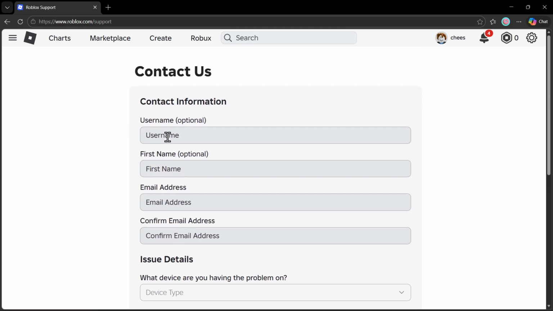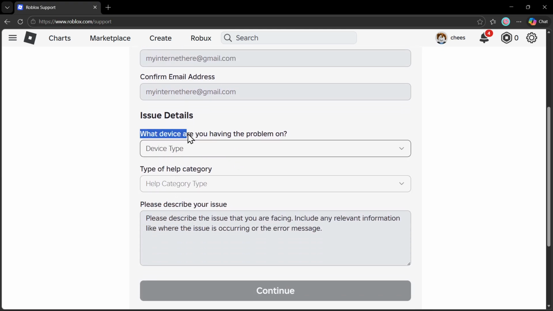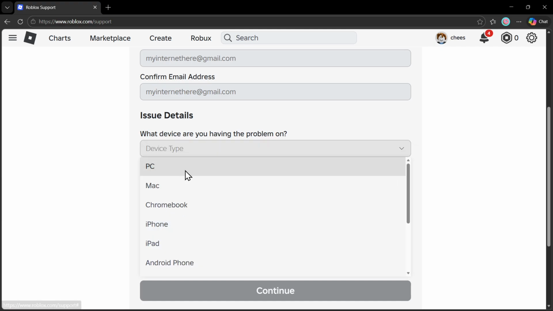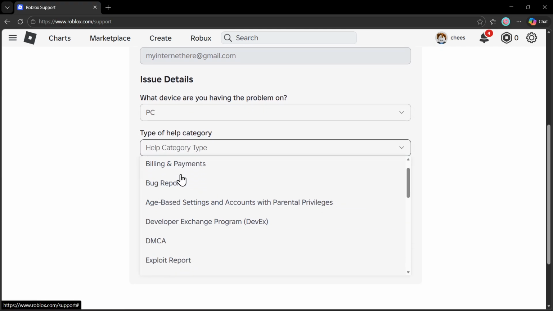Just enter your Roblox username here, your first name if you want, but it's optional, your email address, and then you have to rewrite that again. So there we go. And then for the device, you can choose whatever device you're on, the type of help category,